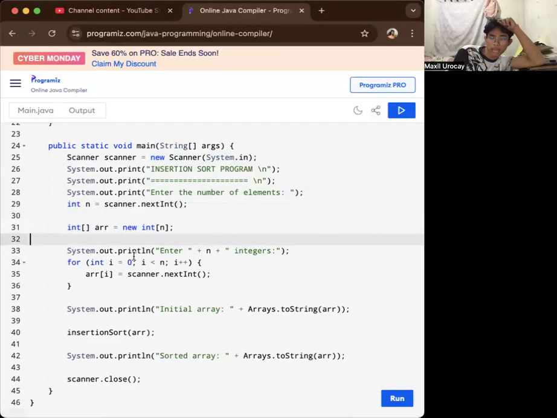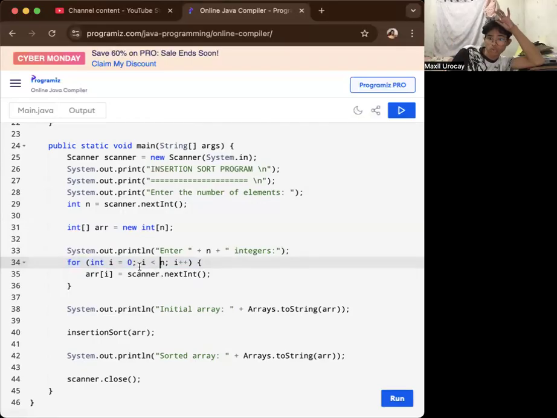Then afterwards, I use a for loop, where i is equal to 0, then i is less than n, where i is incremented, and array i is equal to scanner.nextInt. So that loops n times to read from the user. This loop reads the n integers from the user and stores them in the array.